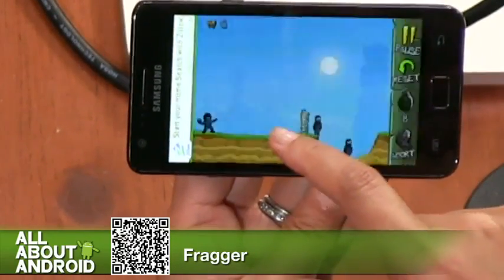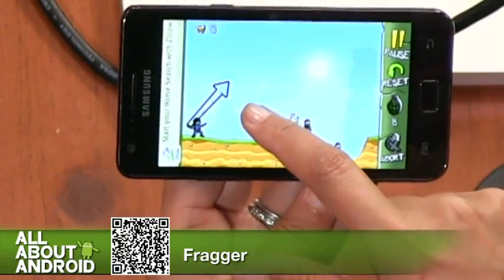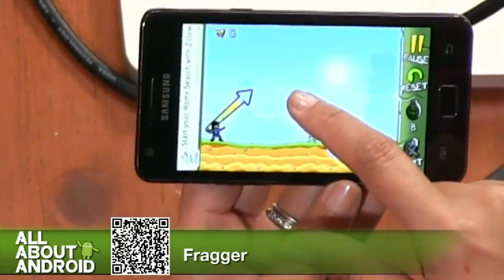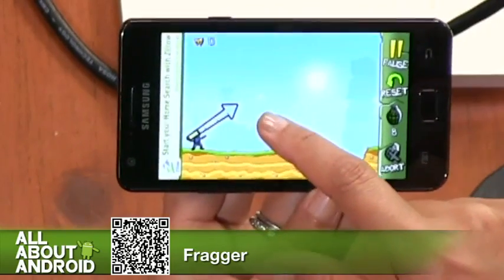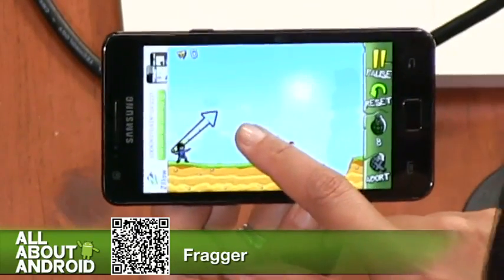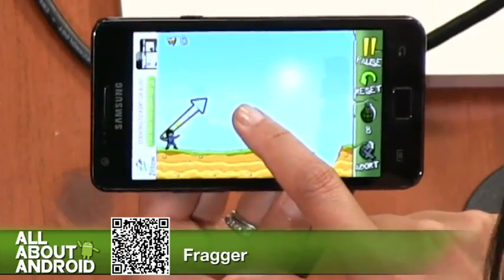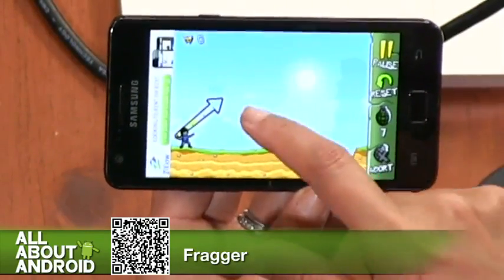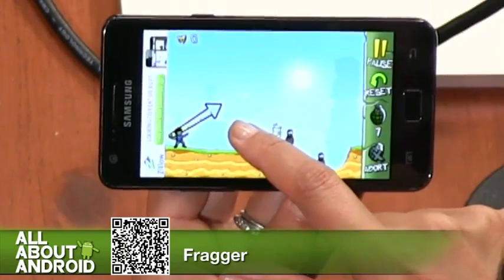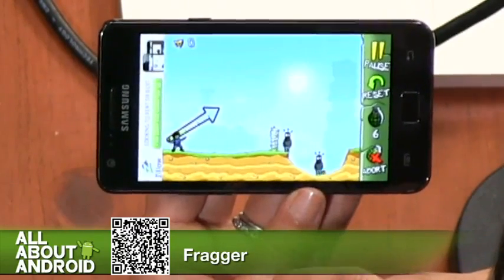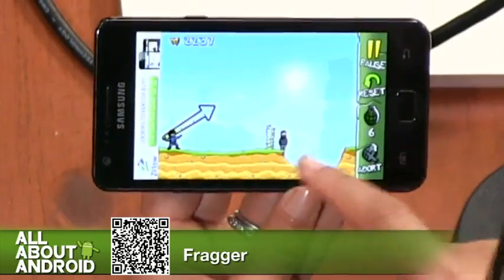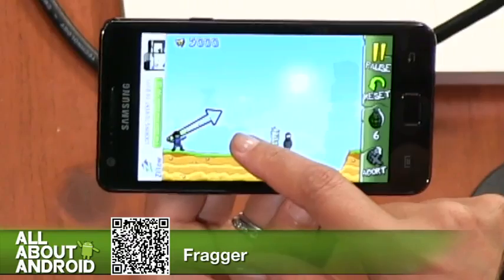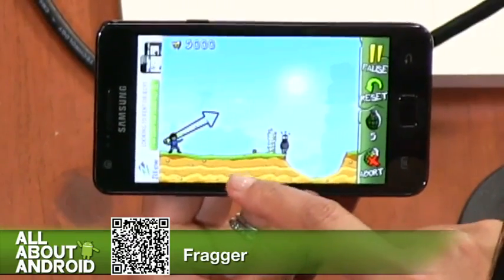So literally, this is you, and you've got an arrow here. You have to place your finger on the screen, and the arrow will give you how hard you throw the grenade, how light you throw it, and essentially what you need to do is just see. And if you throw it too far, it gets out of the picture. So you need to maybe re-strategize your throw. Oh, boom! There you go. You have X amount of bombs per level. If you throw it in the right place, it takes care of both of them at once.